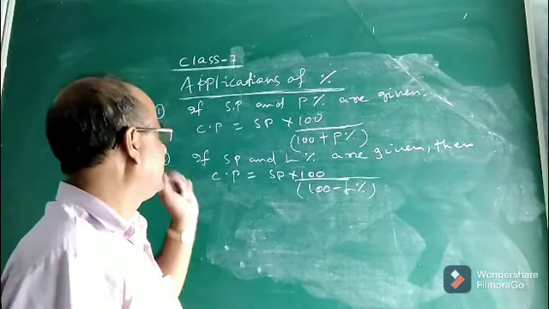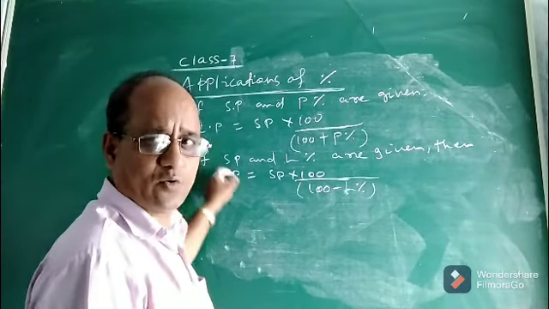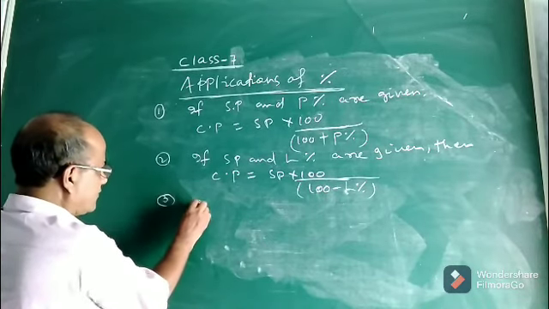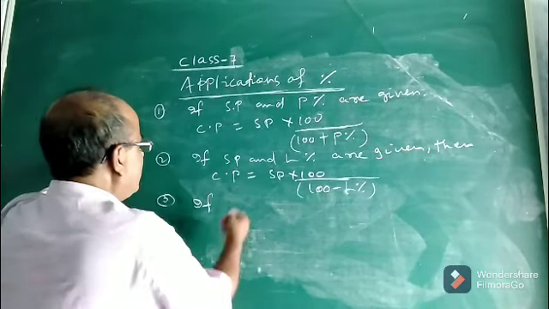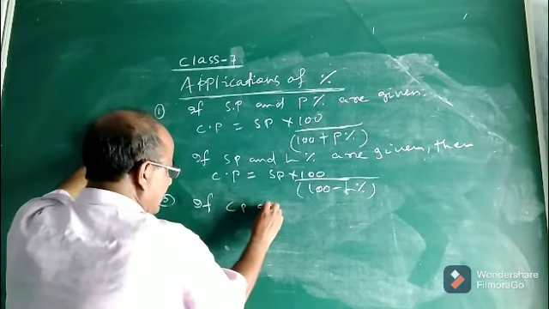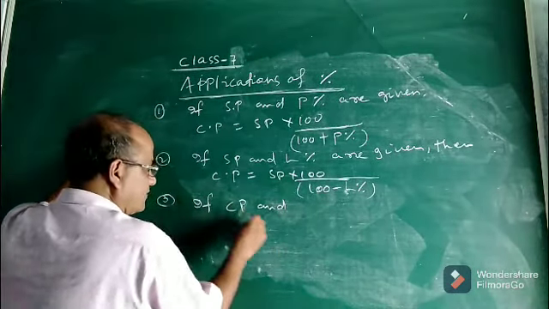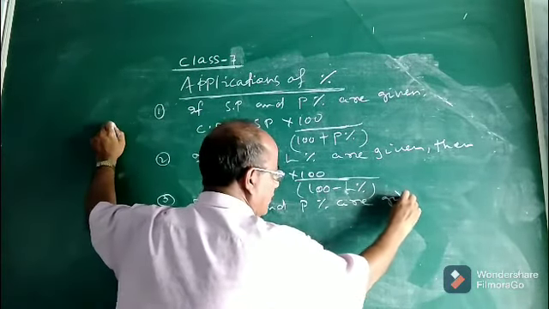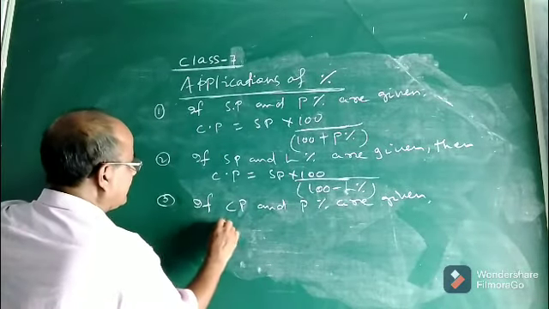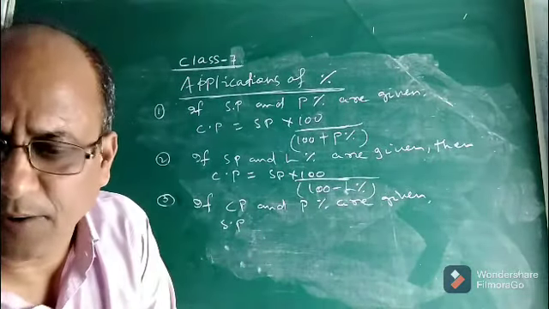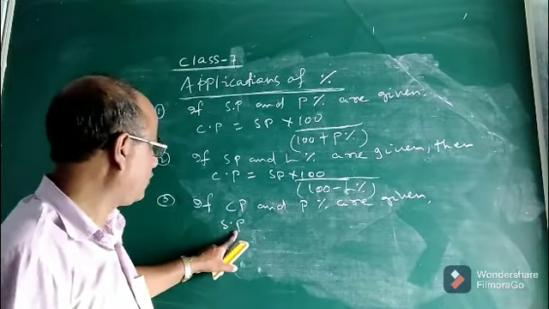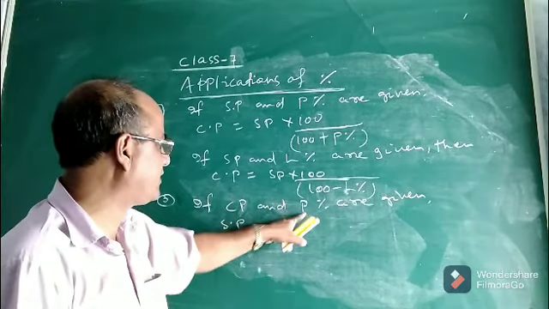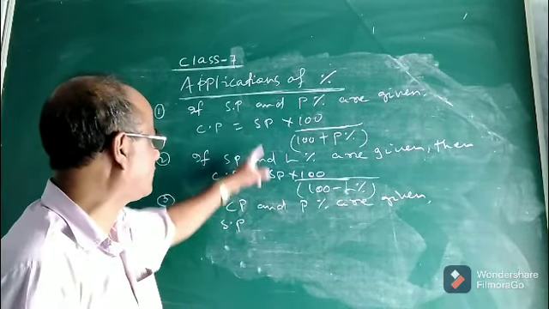Now, these are 2 new formulae of cost price. Now let us consider the other situation. Suppose you are given the cost price of the article and the profit percent. Now, how to find the selling price? See children, how to find the selling price of the article? If you are given cost price and profit percent, if you remember these 2 formulae, you can easily find it out.